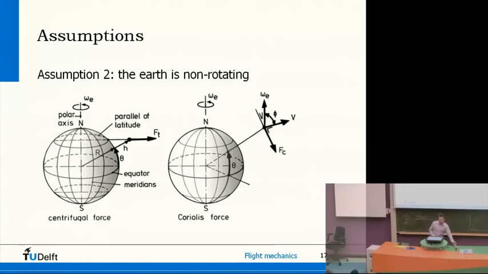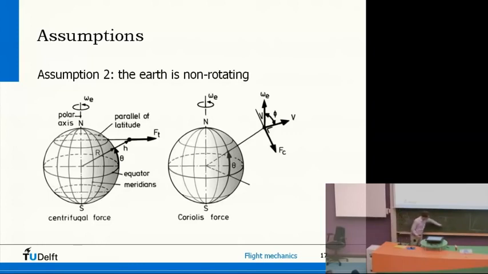And you can imagine if you are, let's say, somewhere over here at the equator, and you would move upwards, then on the equator you're turning around quite fast if you just stand. And if you walk along the Earth's surface toward the north, then that rotational speed becomes less. So it's kind of comparable to, you know, one of these discos where you have a dancing floor that turns around.